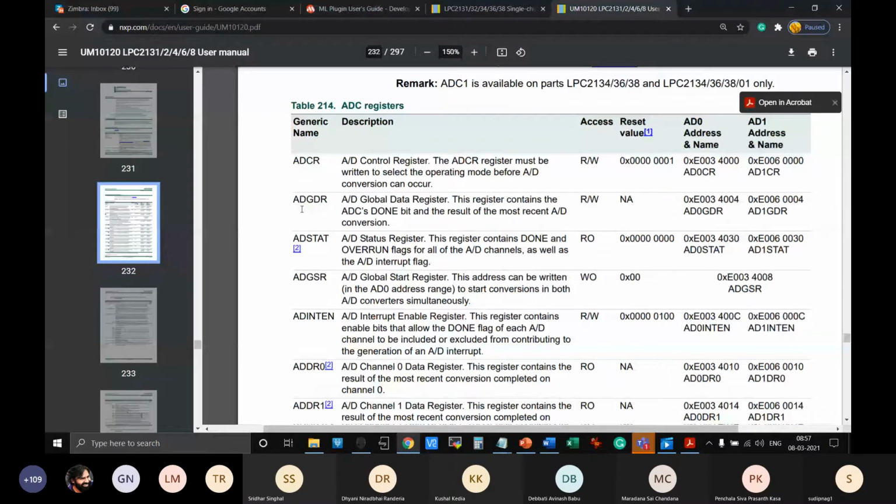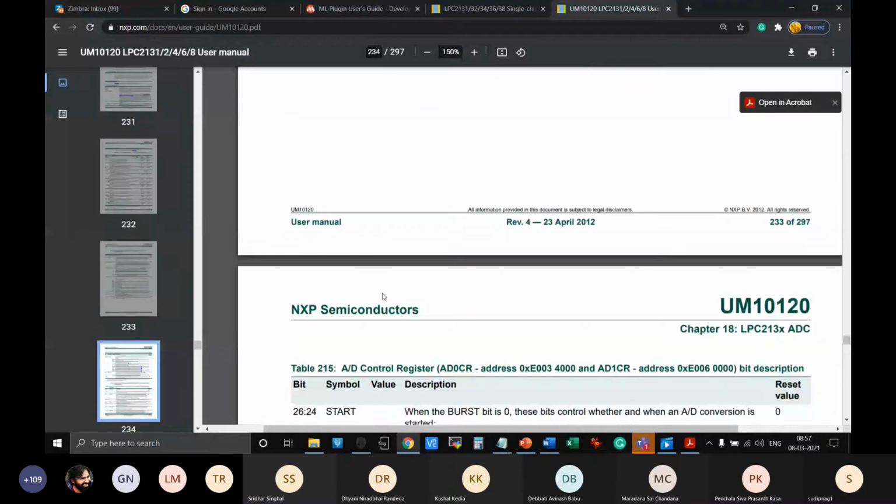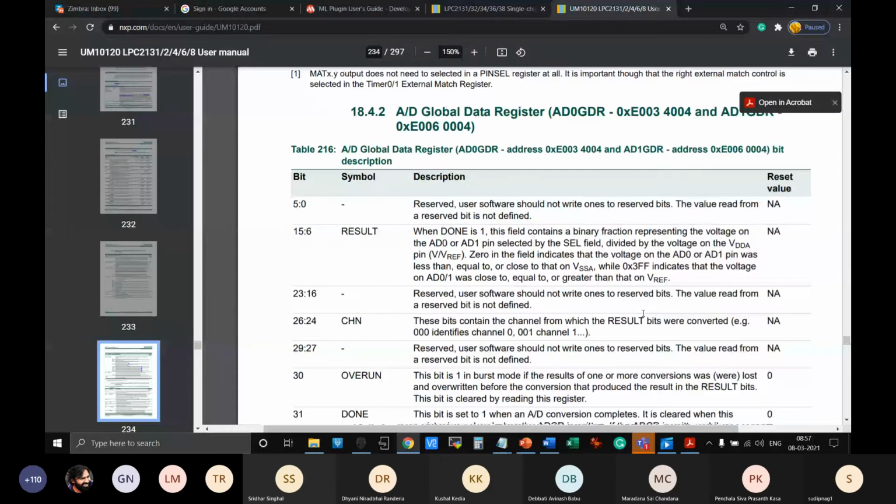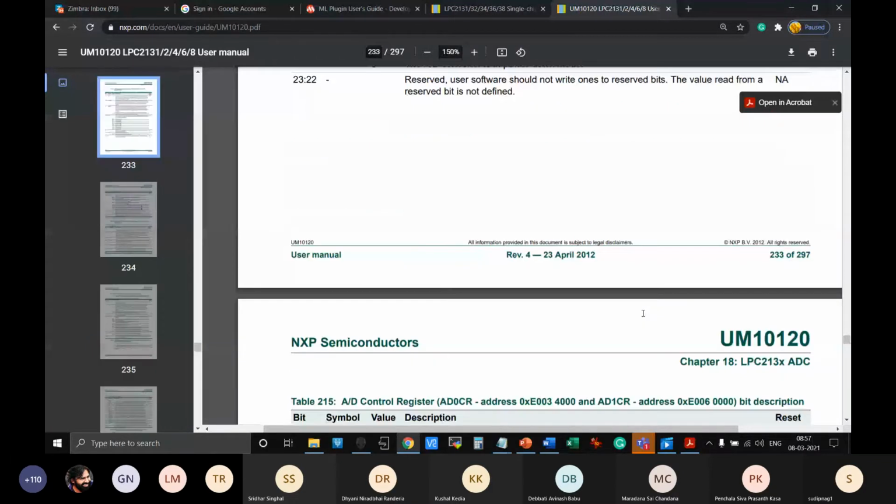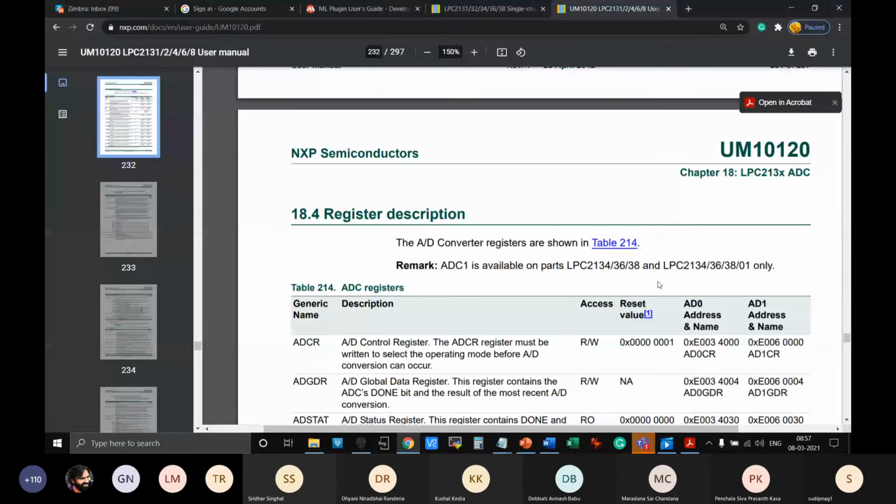As you have seen, there are different registers, and